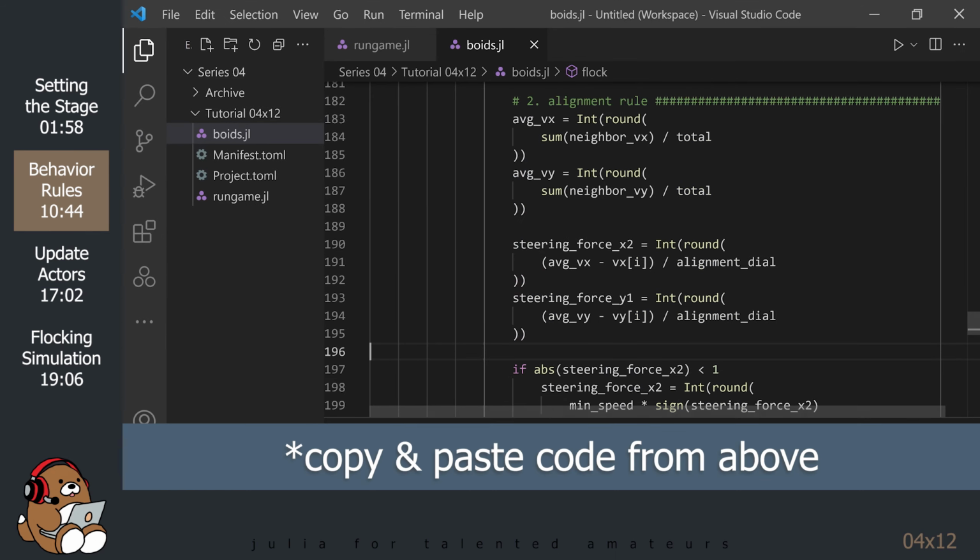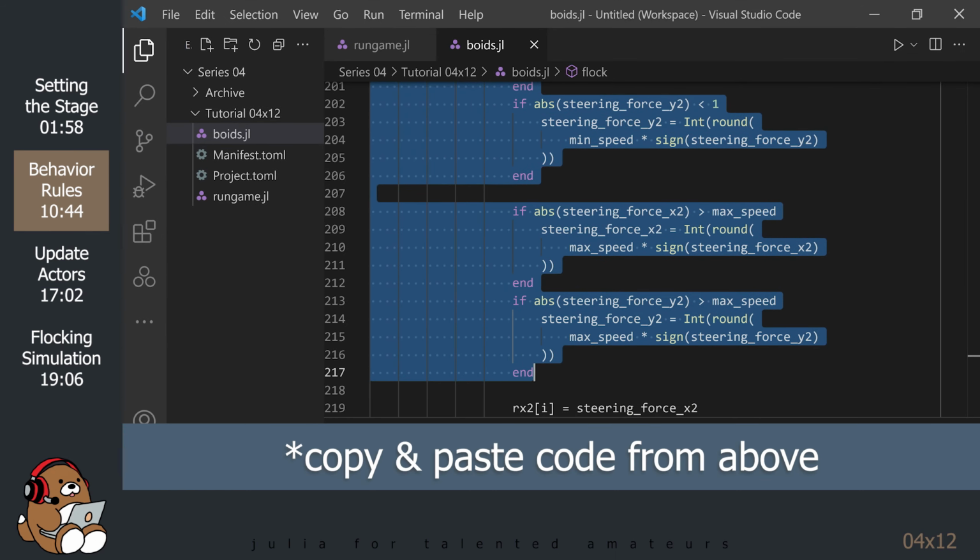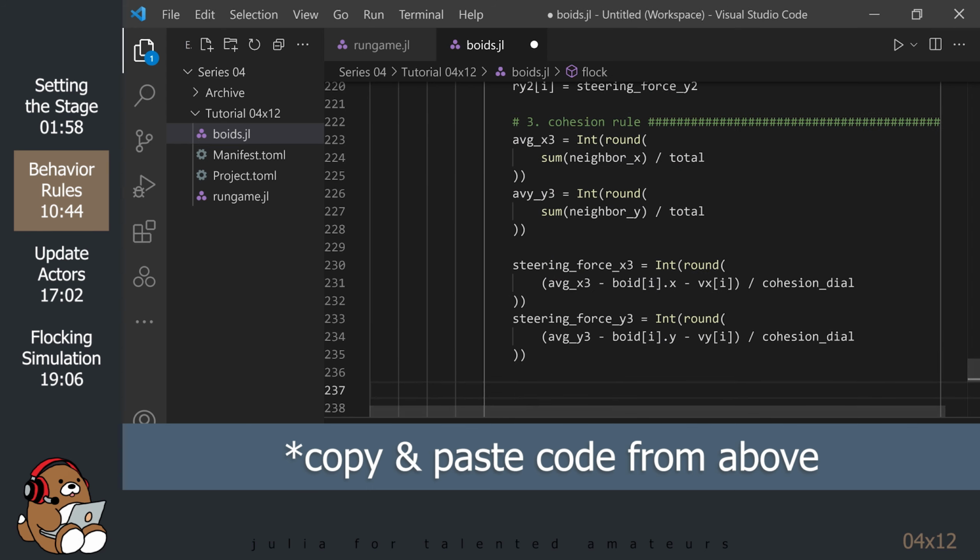Like before, we use minimum and maximum speeds in order to regulate the velocities of the Boids.